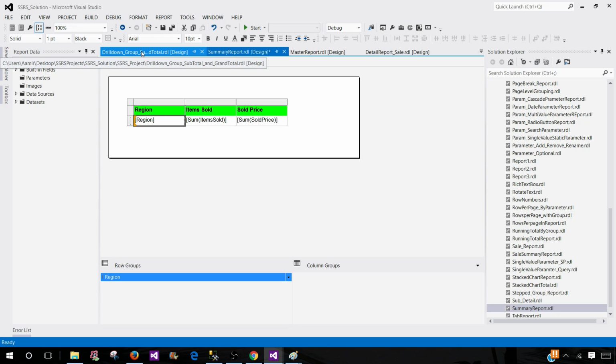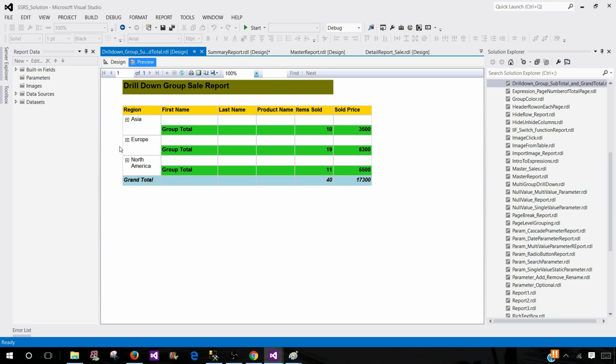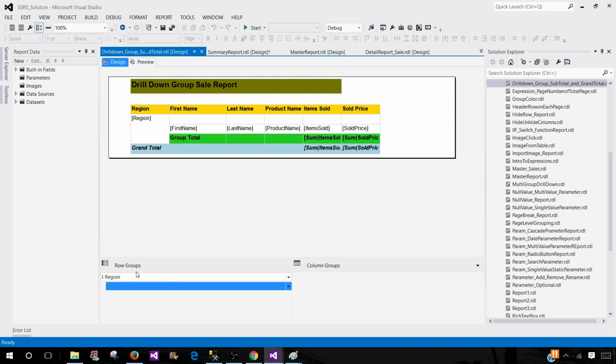Let's go back to drill down and take a look at how they create these plus and minus signs. What they do, they will come to the information they would like to hide or toggle on clicking on something. In this case we have the detail level that we would like to toggle when people click on a region.